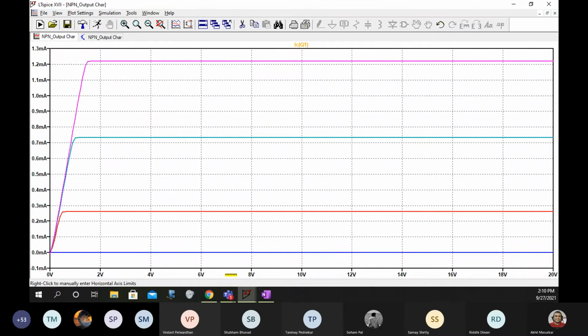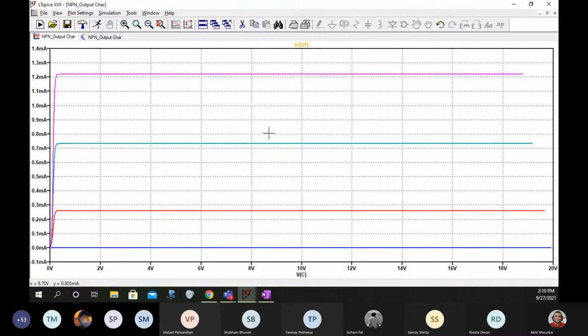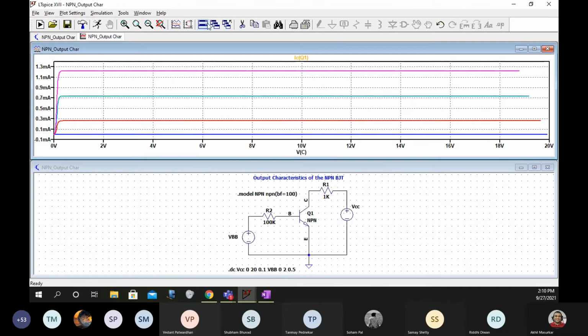So there is something wrong with the x-axis. Here what is getting plotted is VCC. So you have to make this V of C, because the output characteristics graph is IC versus VCE and not VCC. Did you get it?